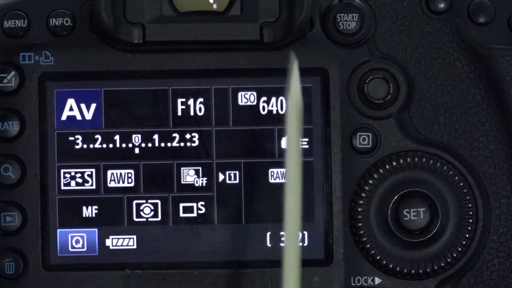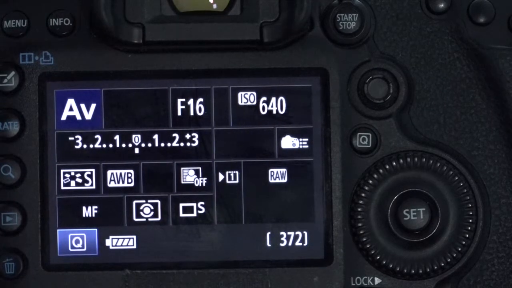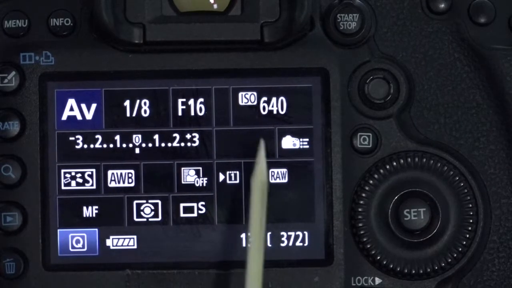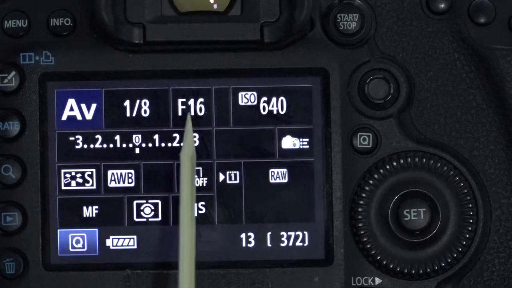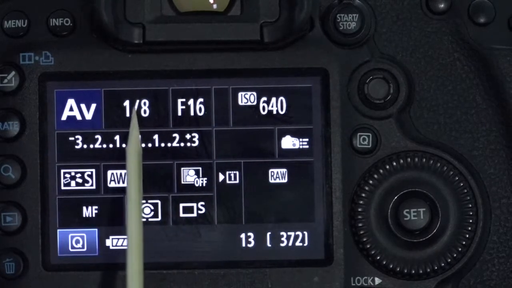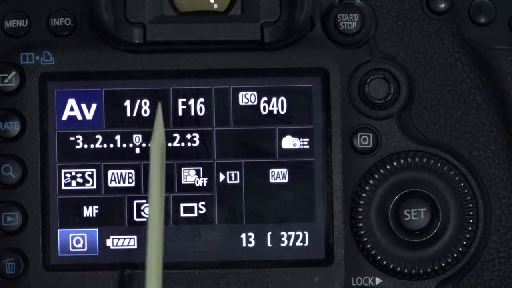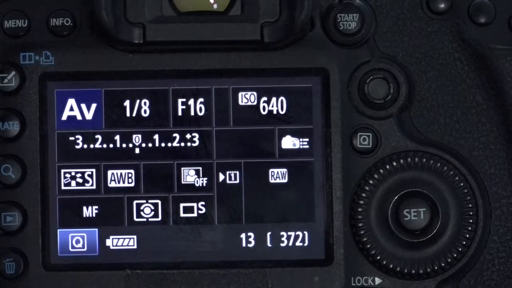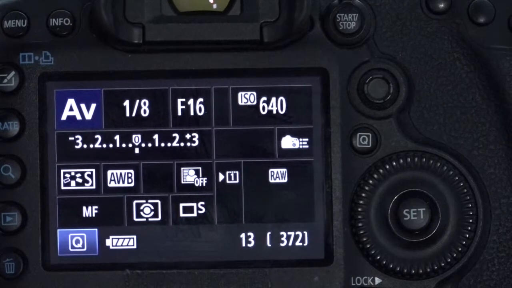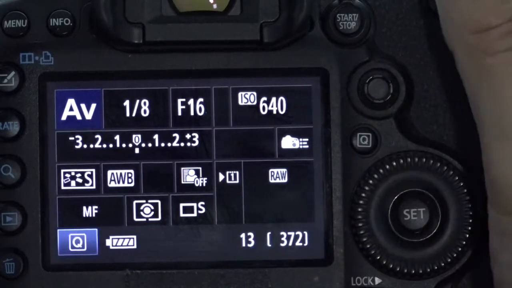So I'm on a tripod. I'm selecting a 640 ISO, f/16 for the depth of field, which yields, the camera now decides that 1/8 of a second is the proper exposure. The problem with this exposure